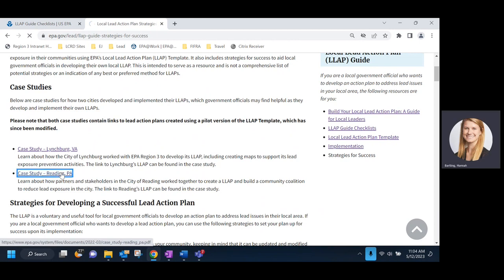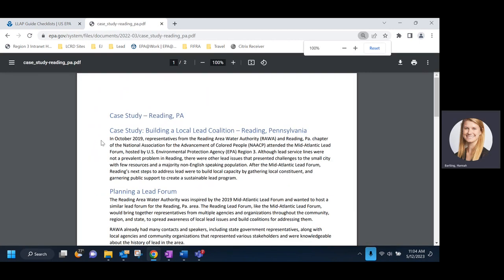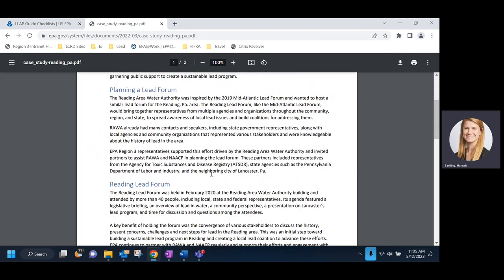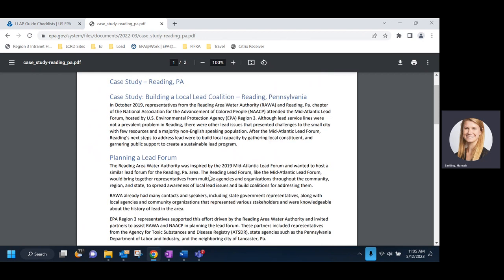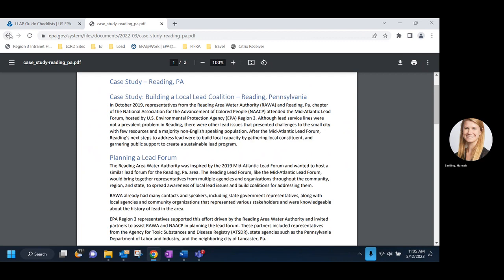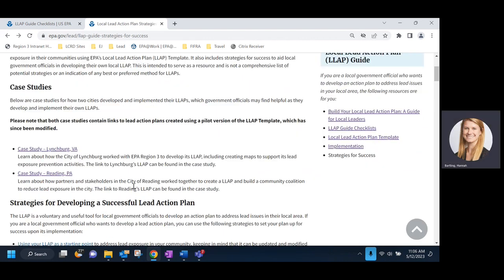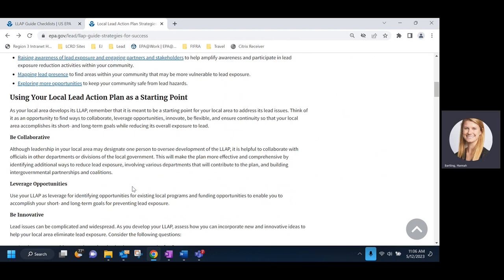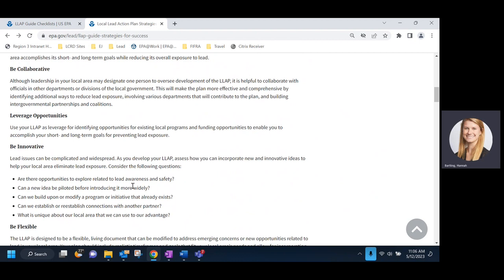For example, if we click on Reading, Pennsylvania, we can read through the inception of how the city started their plan, what unique priority actions the Reading team identified, including building local capacity and garnering public support to create a sustainable lead program. This page also contains narrative for LLAP strategies, such as using your local lead action plan as a starting point, remaining flexible and open to opportunities,